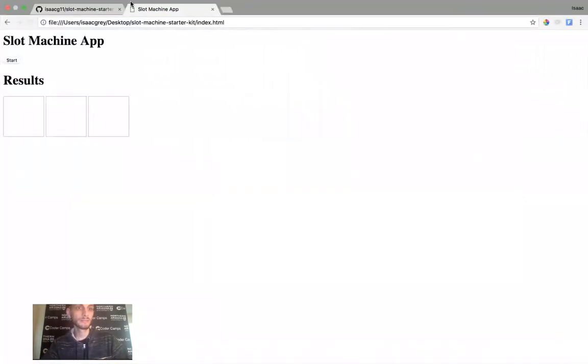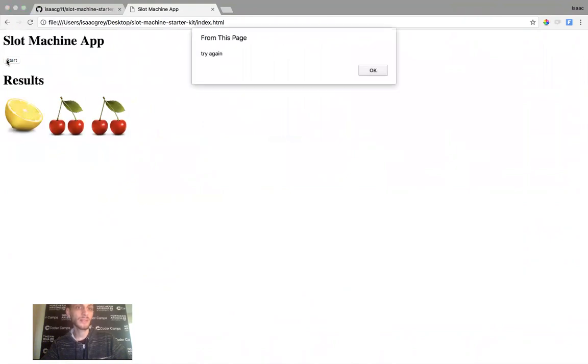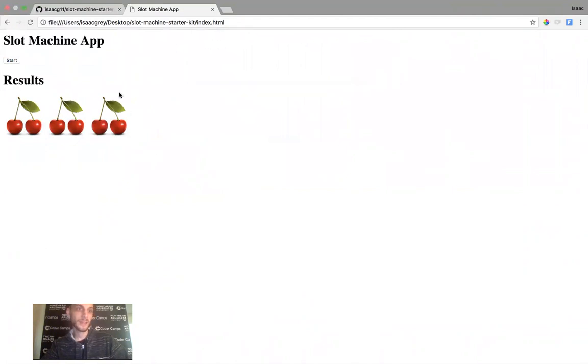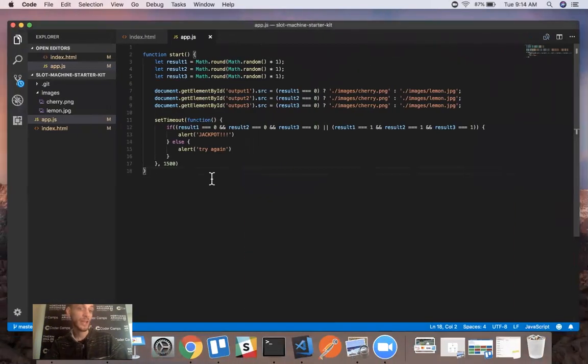Refresh our browser. Okay, we don't start off with anything. We roll our first slot. And as we can see, they don't match, right? We don't have a match, so it's letting us know we need to try again. So let's start one more time. And this time you can see, because all 3 of them line up, we win a jackpot. Okay, so this is how we can create a simple slot machine app using just a little bit of JavaScript